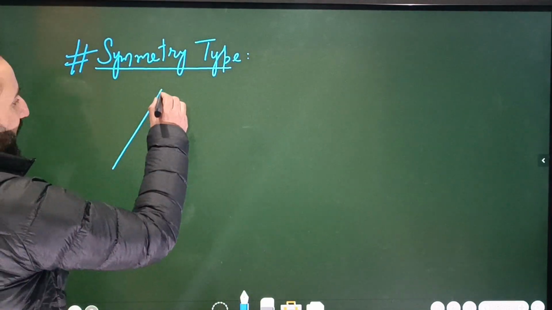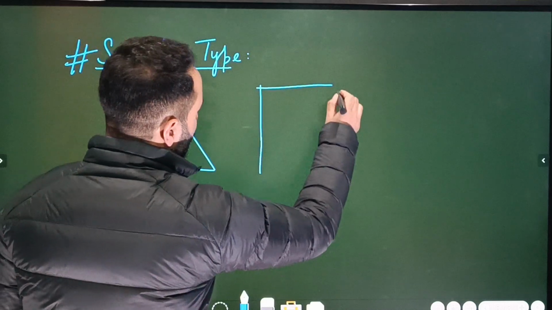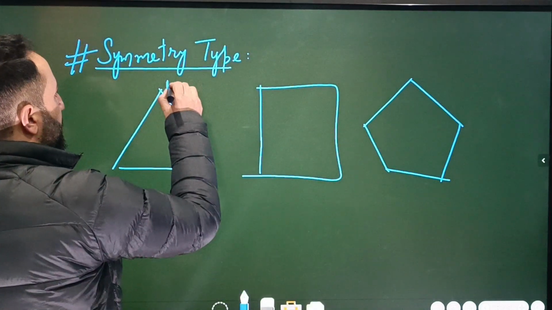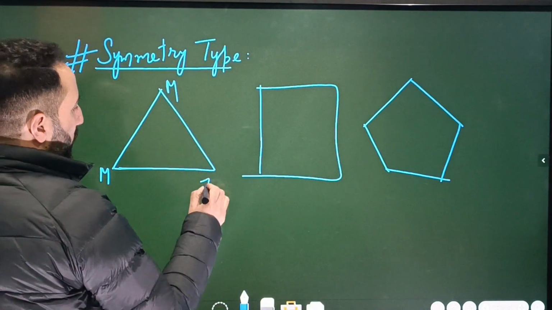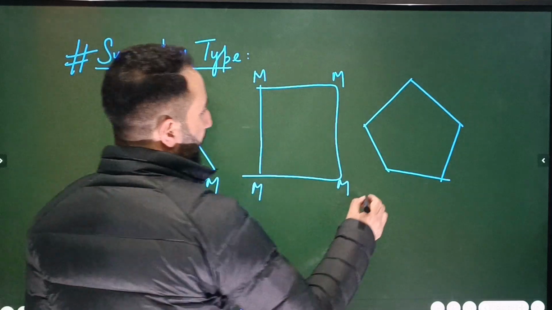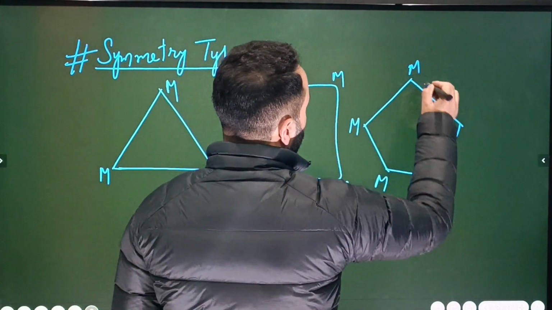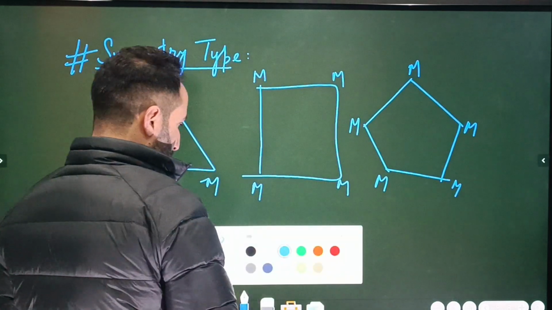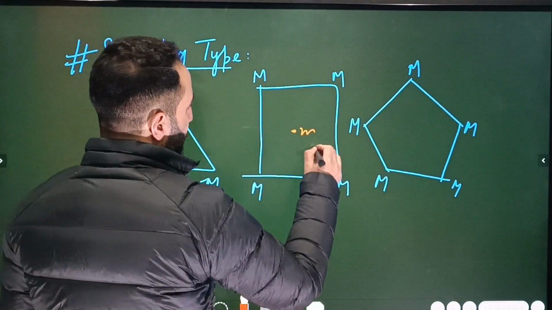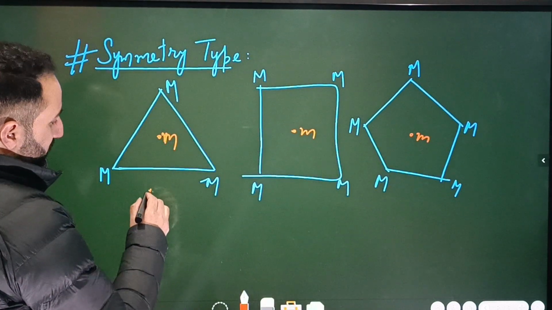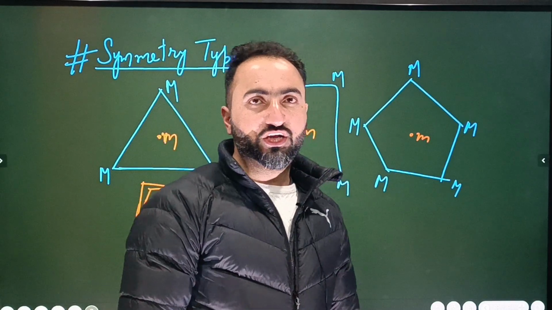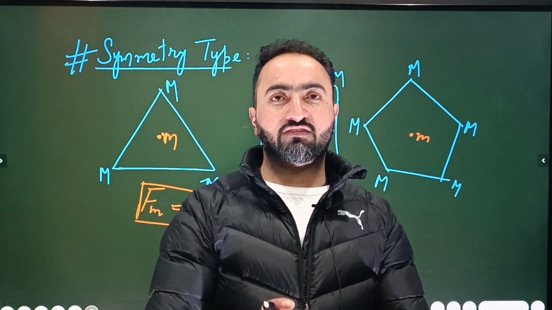फॉर एग्जाम्पल देयर इज एन इक्विलेटरल ट्रायंगल। ठीक है बेटा, या चलिए मान लेते बेटा देयर इज अ स्क्वायर, और फॉर एग्जाम्पल देयर इज अ पेंटागन लाइक दिस। ठीक है बेटा, ओके। So here we have how many particles, 3 particles, m and m at the 3 corners। Here how many particles, 4, m and m। ठीक है बेटा, then how many particles here, 5 particles हैं बेटा यहाँ पर at the 5 corners of a pentagon। ठीक है बेटा, at the center there is a particle, for example small m, at the center there is a small m। ठीक है बेटा, बोलो बेटा इस small m पर फोर्स कितना होगा, 0 होगा। क्या होगा बेटा, 0। We are done with the symmetry। ठीक है ना बेटा, इसी तरह से आपके पास हेक्सागन है, so then there is at the center point there is a particle whose